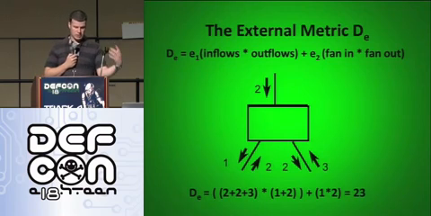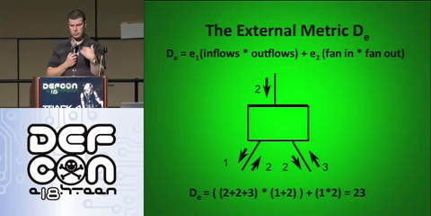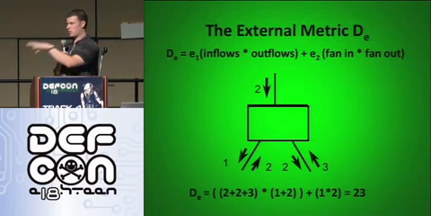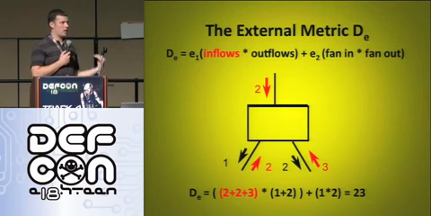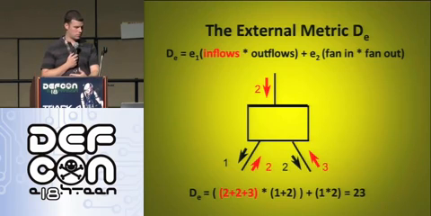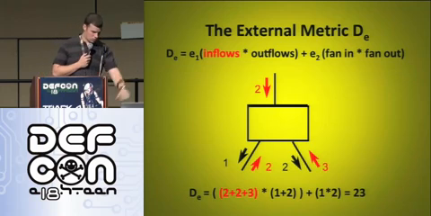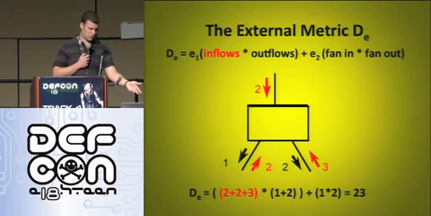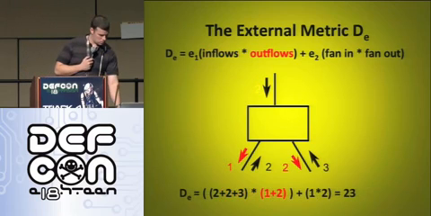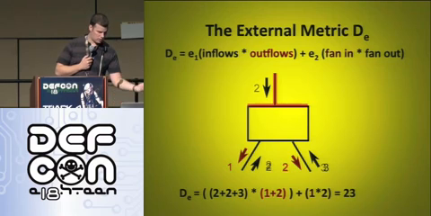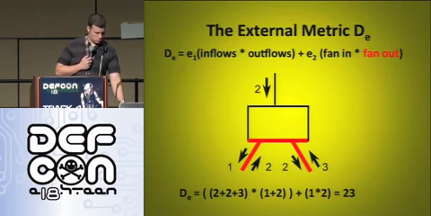So then fan in, like I said, is a count of the modules that use the module of focus. If you're saying we want to detect reliability in this module, how many modules call it? That would be your fan in. Then your fan out would be how many modules it calls. It's actually kind of simple once you have it all defined. You have 2 plus 2 plus 3 times, and then you get your result of 23. So let's go ahead and break that down to each part: inflows, outflows, fan in, fan out.